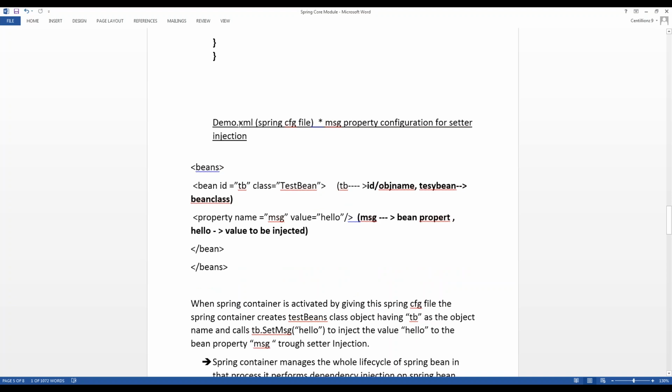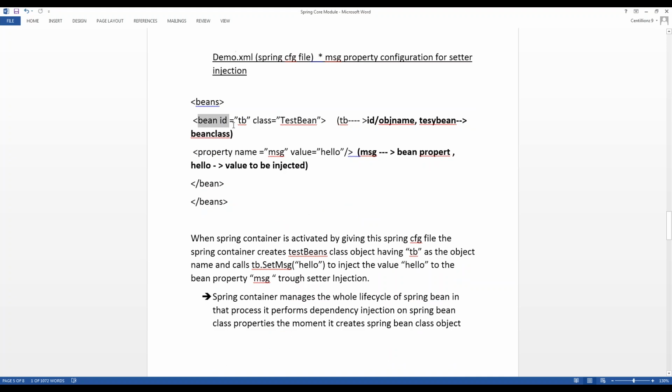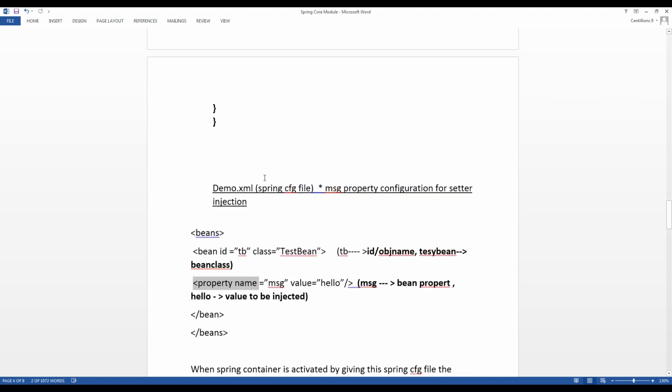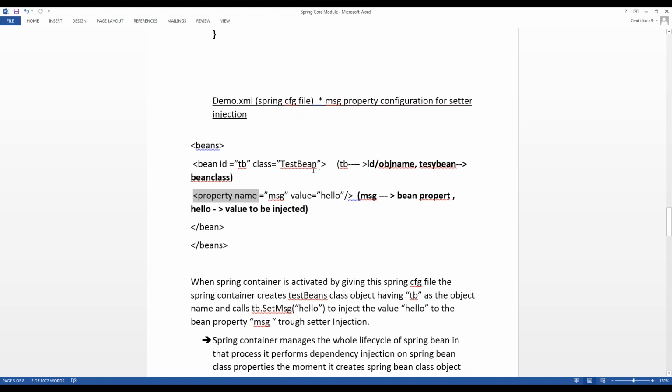The cfg file has three statements: bean, id and property name. Here tb is the id or object name, and TestBean is the bean class, because my class name is TestBean. The same thing I am using in web.xml, TestBean.